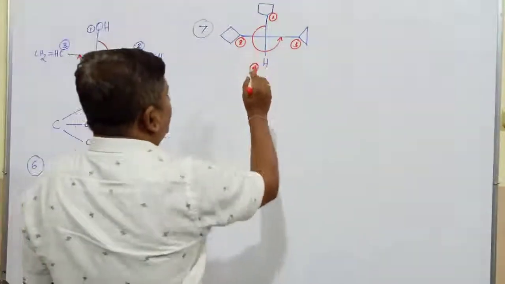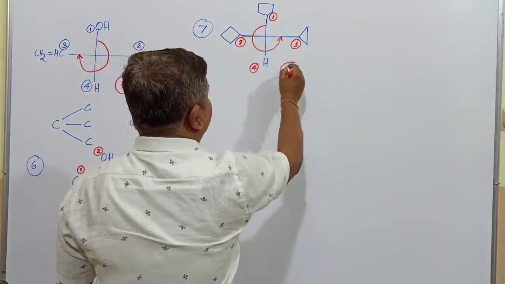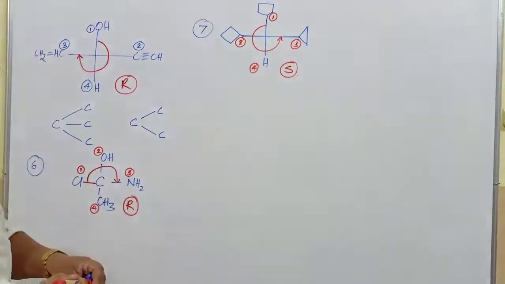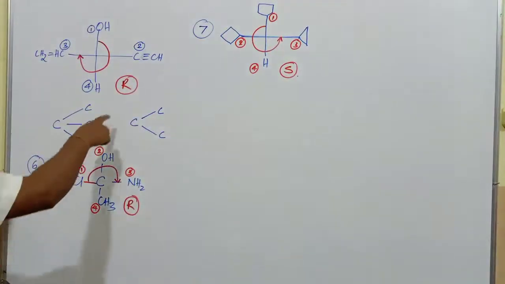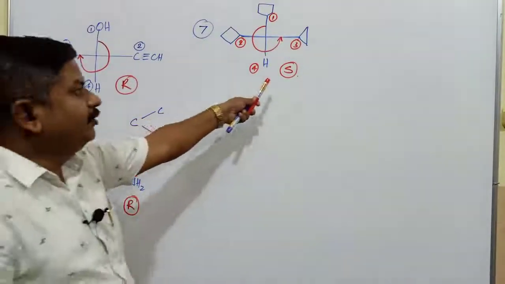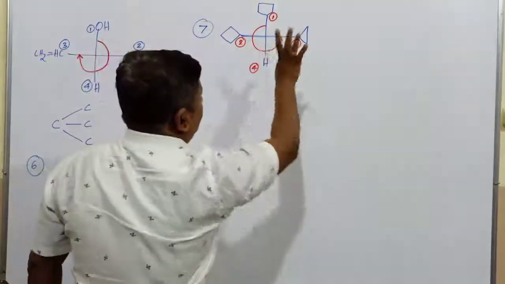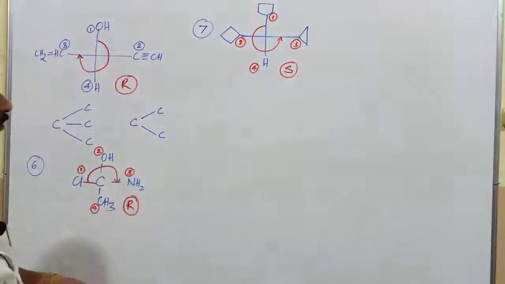Now in this particular arrangement, it is going in this direction, it is anti-clockwise. When the molecule has an anti-clockwise direction, this particular isomer is referred to as the S isomer. If it is in clockwise direction, it is going to be the R isomer. If it is in anti-clockwise direction, it is said to be what? S isomer. Here I took an example of a molecule which contains cyclic rings.